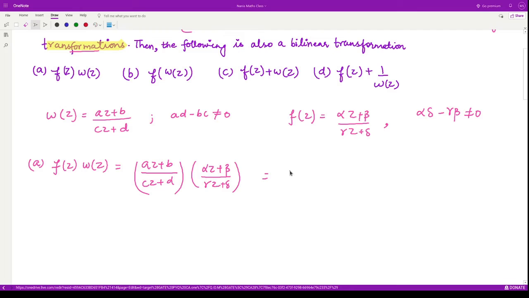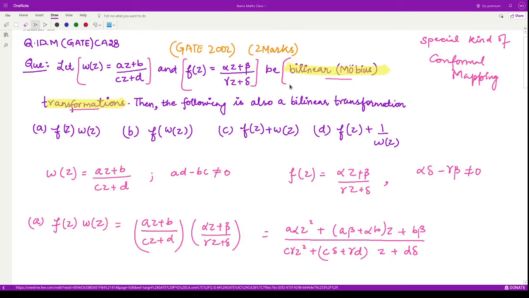It would simply be a alpha z square plus a beta plus alpha b into z plus b into beta, divided by c gamma z square plus c delta plus gamma d into z plus d delta. Now, do you know why the name bilinear is given to these kinds of transformations? It is because when you multiply this term with this term, you would have something like this: